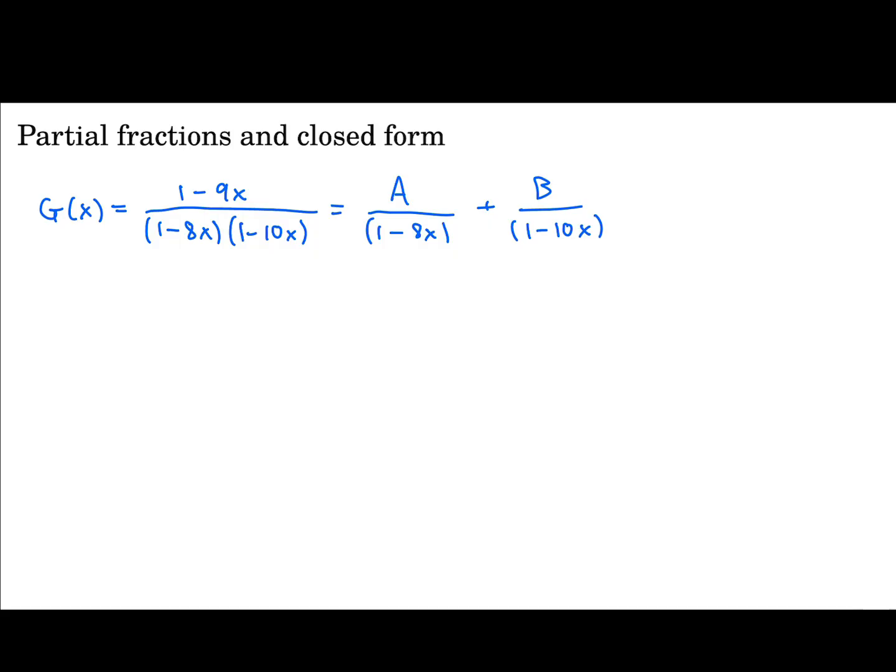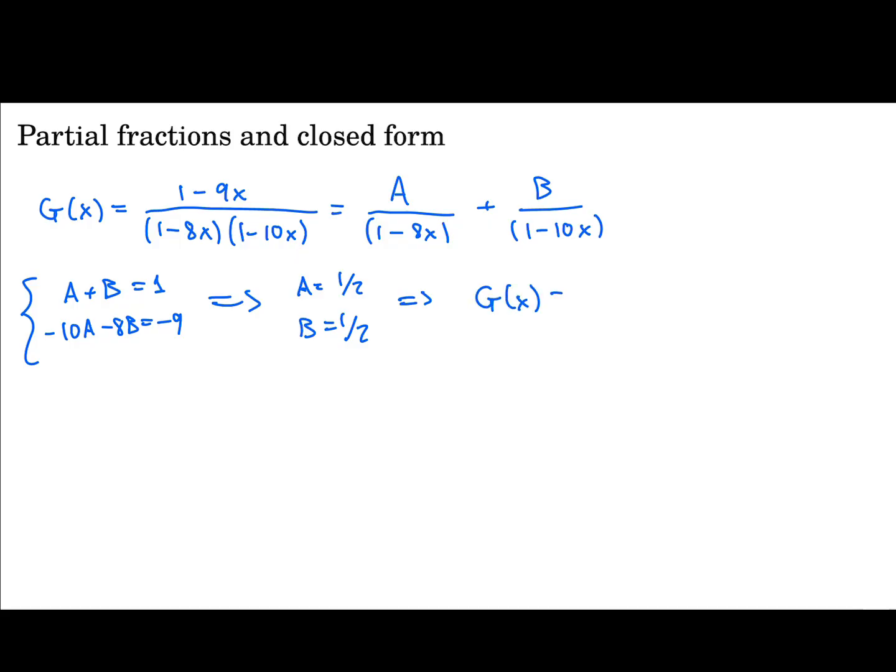And what you should get for this case is that a plus b is going to have to be equal to 1, and minus 10a minus 8b equal to minus 9. So you have to solve this. And solving this, you get a equal to half and b equal to half,